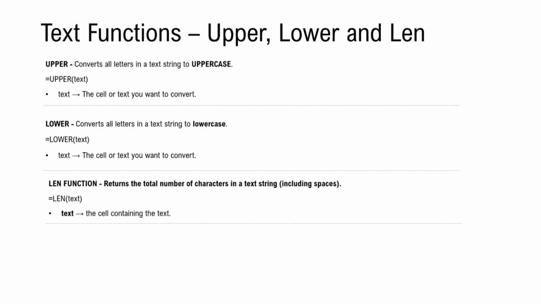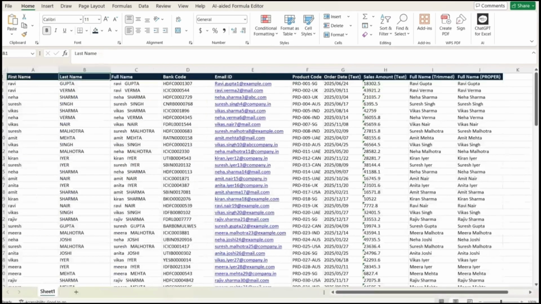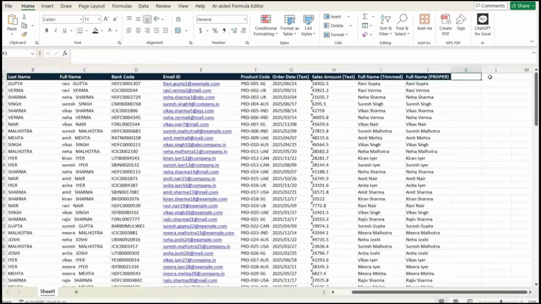So these three functions are very simple. Let's understand them quickly with the help of an example. So we go back to the same Excel sheet which we used in the previous example. And here I'll insert one row on the upper first name. So I'll type first name